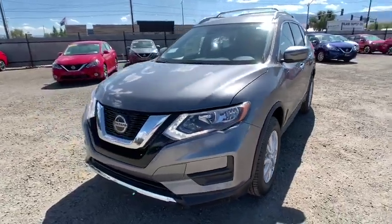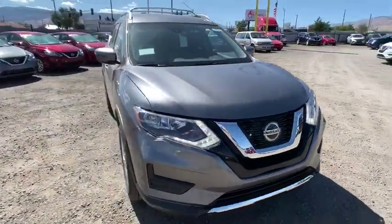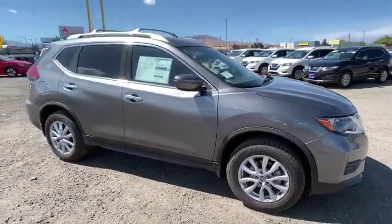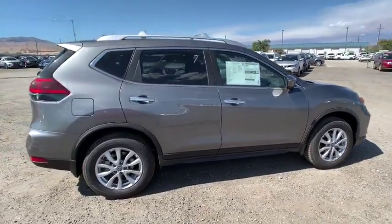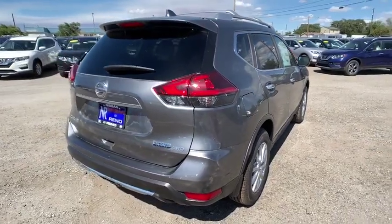Are pleased to show you the 2020 Nissan Rogue. The stylish Rogue gets 27 mpg and still boasts nearly 58 cubic feet of cargo space. With a 5-star side impact safety rating and confident handling, the Rogue is more than you expect and everything you